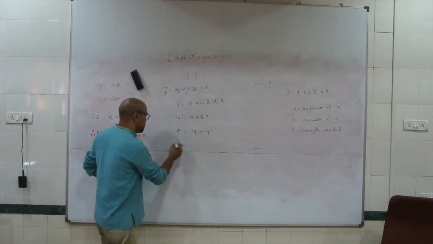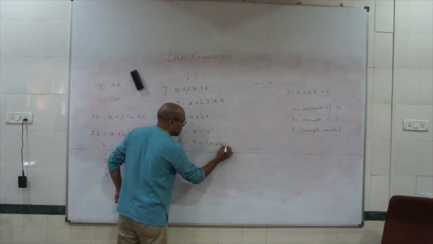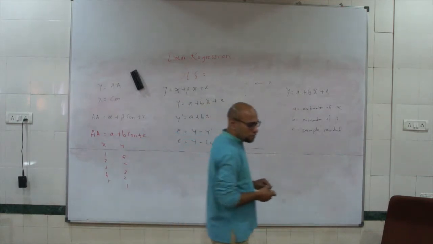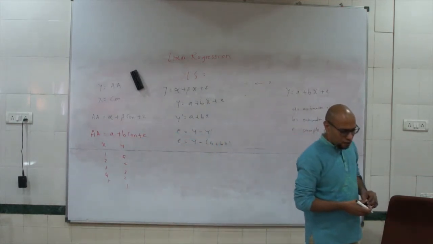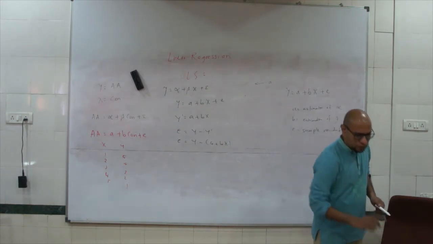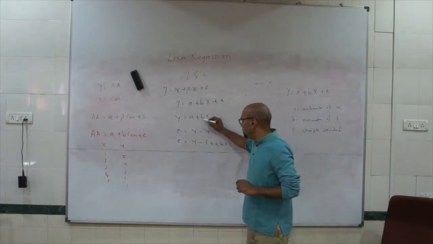Which means error is equal to y minus (a plus bx). Now, if this is the error, or residual of prediction, then how do we estimate b